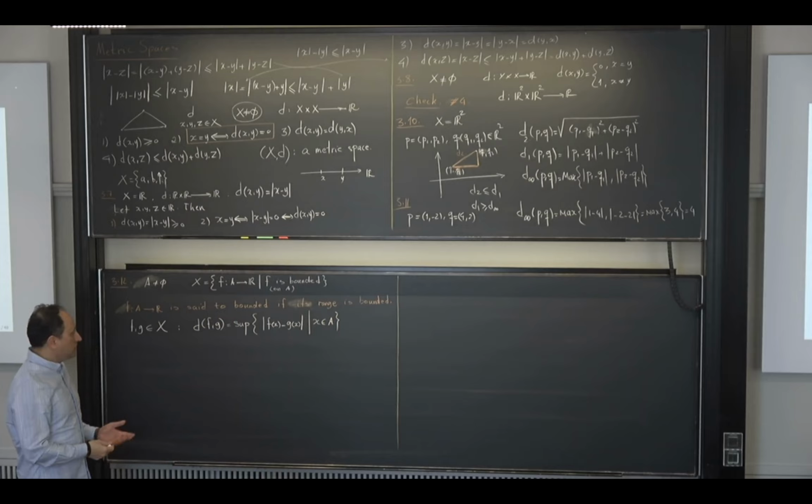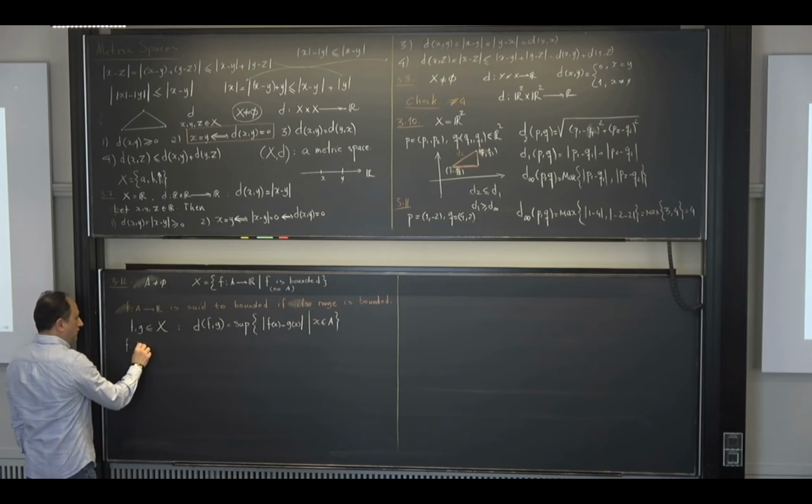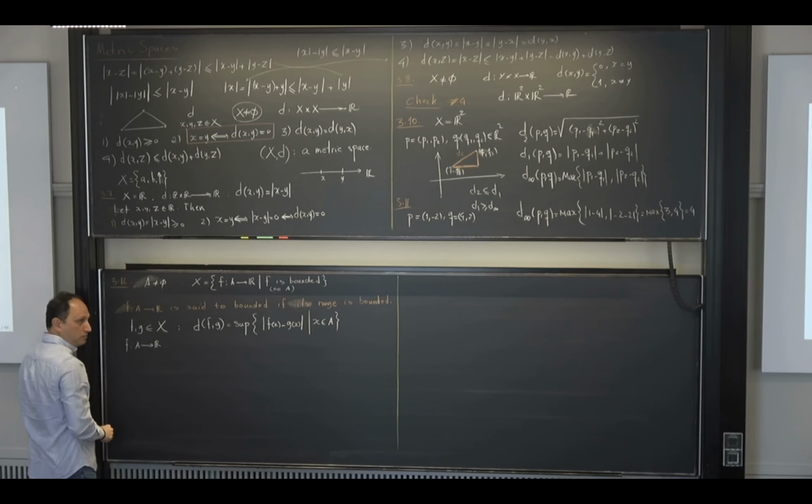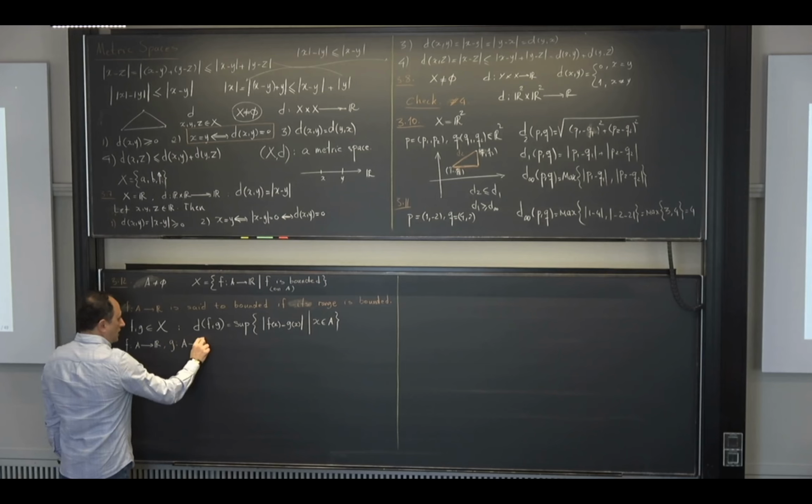Okay? So this is the definition. Does the definition make sense? I give you two functions from X. What do I mean by that? It means f is a function defined on A going to R, but bounded. g is also a function from A to R, but